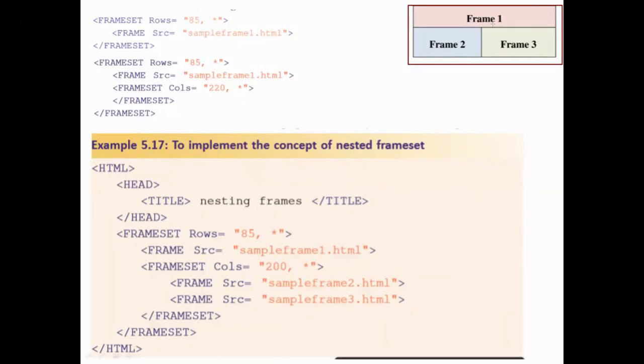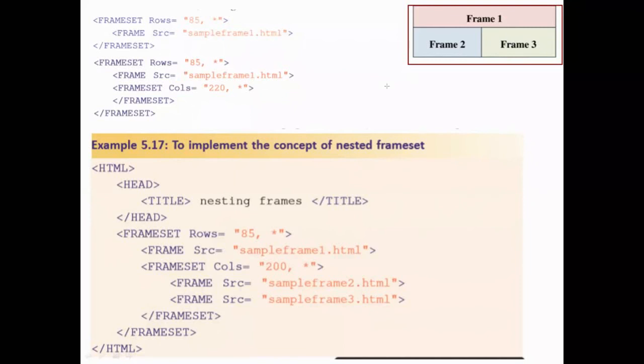After being divided row wise, it is further divided column wise. So here you should be very careful about how the division goes and what the files to be placed could be.